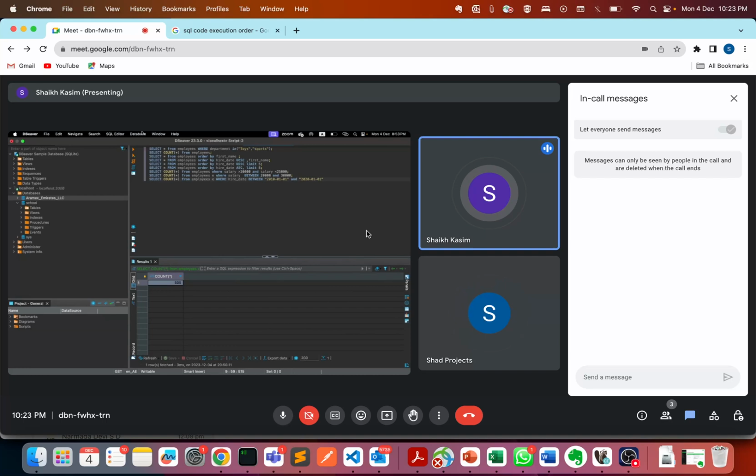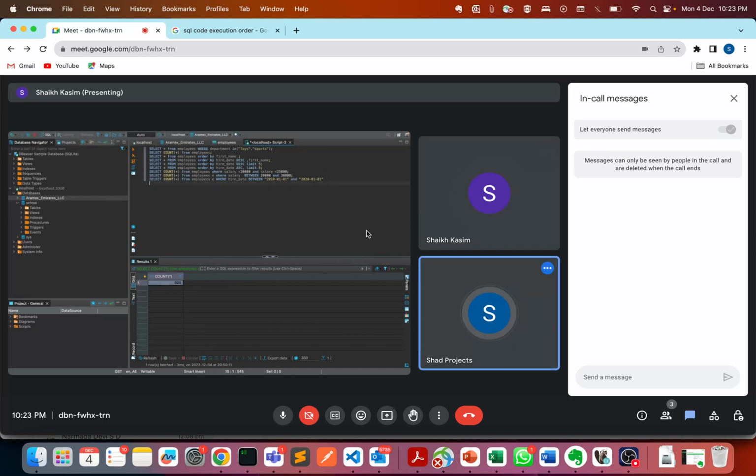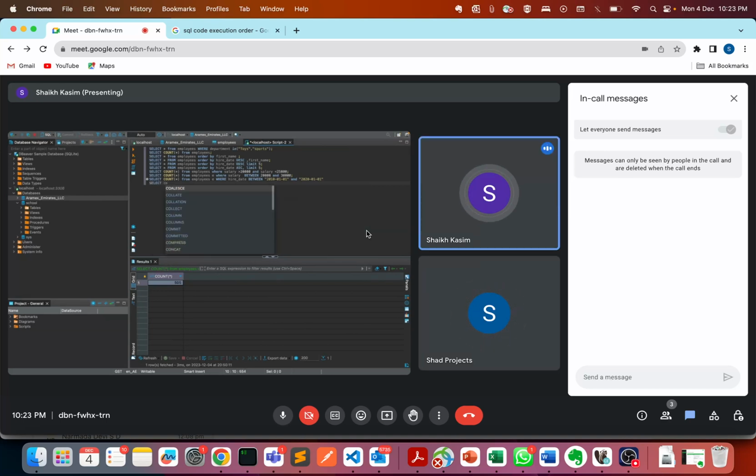So first I will write about the department. Select star from employees where department is sports and gender is equal to male, or salary is greater than 165,000. Exactly, that's absolutely right. There's a little trick in it, but I will tell you. You got the concept right. Select star from employees where